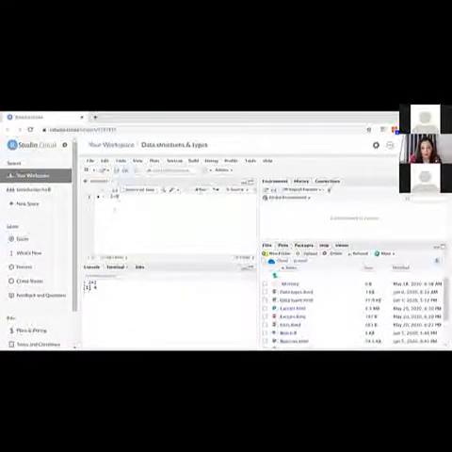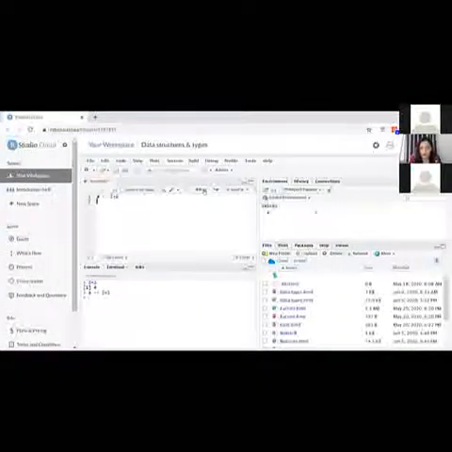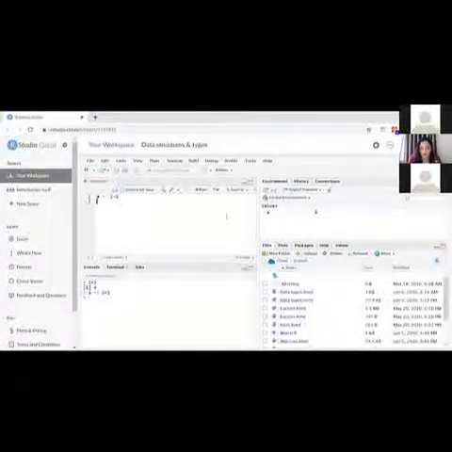So whenever we are here in the script tab, we can actually run by clicking on run. So in the global environment, we will see our object and its value, the result, which is 4. Okay. So what is R telling us here? R is telling us that it's taking this value, the result of this operation, and assigning it to an object called A. So our results will be stored